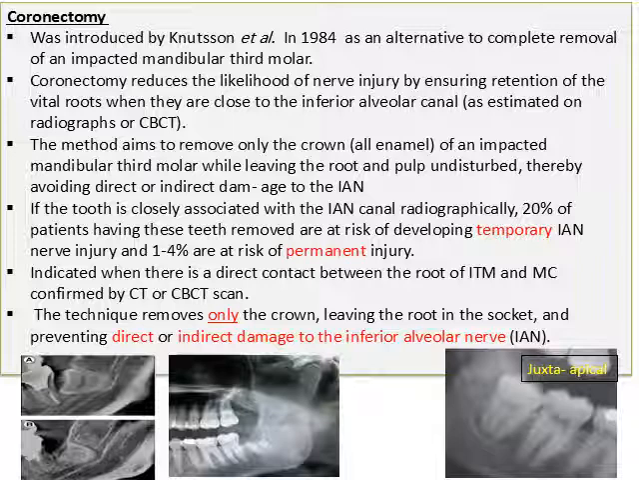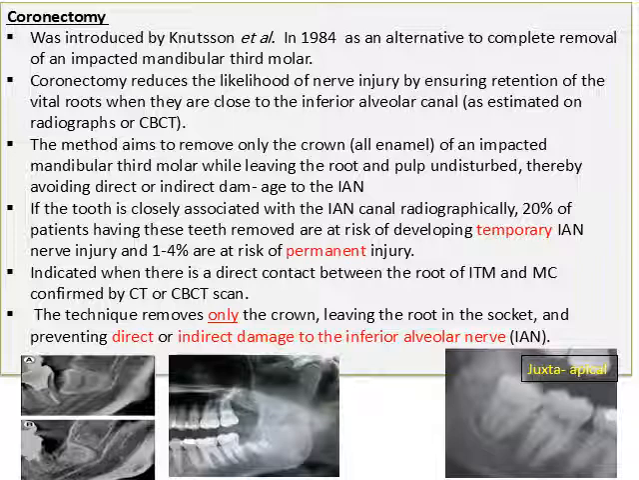If we do a cone beam CT or CT scan, like the one you see here, the image is very clear, and you see that the cortex of the inferior dental canal is missing here. This means there is intimate contact, so we decide to do coronectomy. The method aims to remove only the crown, all the enamel, every part of the crown should be removed from the impacted mandible while leaving the root and the pulp undisturbed, thereby avoiding direct or indirect damage to the inferior dental